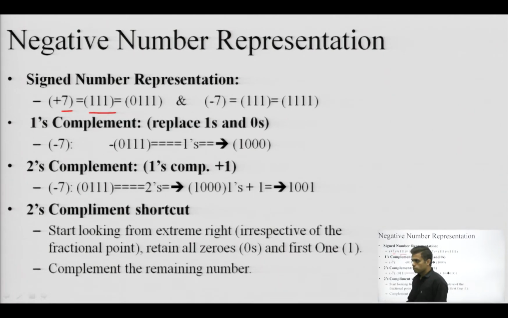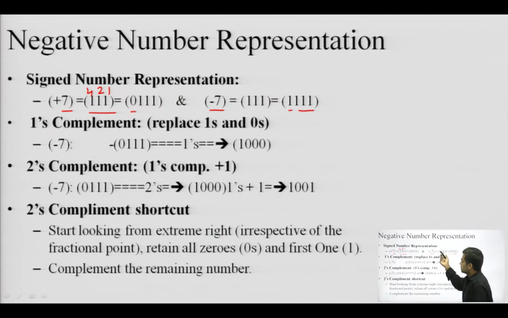Okay. So, just to remind how this 7 is 111, you can use these 3 weights 1, 2 and 4. So, 4 plus 2 plus 1 is 7. So, that is why 7 is 111. So, if I want to denote this 7 in signed magnitude form, I use an extra bit as 0. So, 0 becomes plus 7, and similarly to denote minus 7, I use an extra 1 here. Here this extra bit was 0, here this extra bit is 1, and the rest of the number is exactly the same, 111. So, in this way I can represent plus 7 and minus 7 using an extra sign bit.